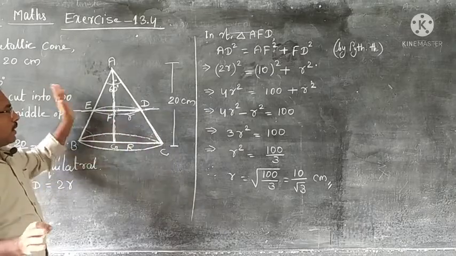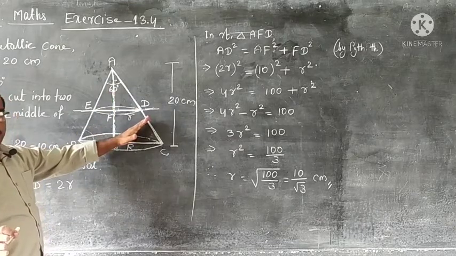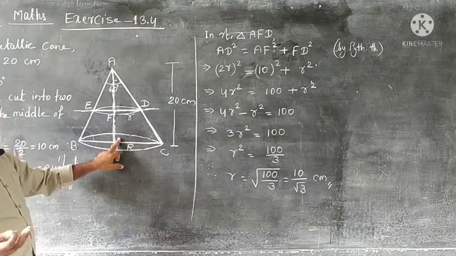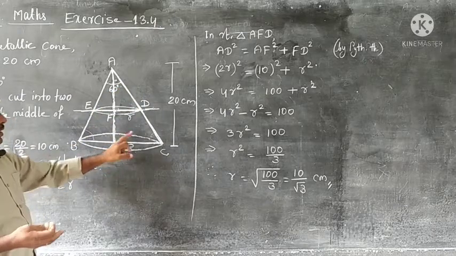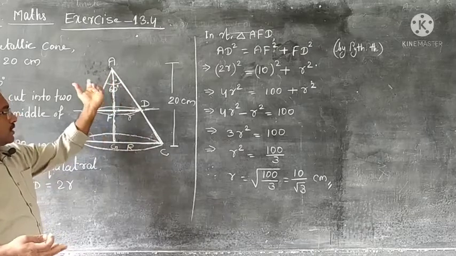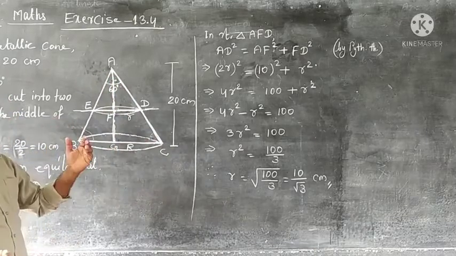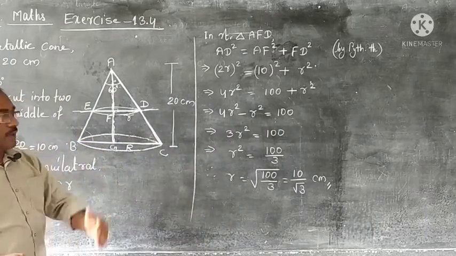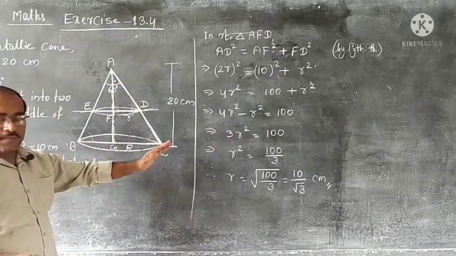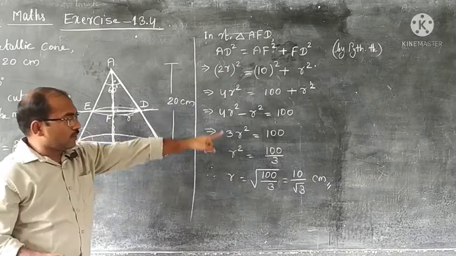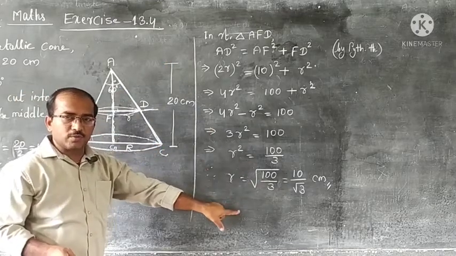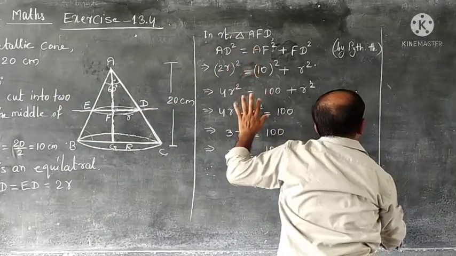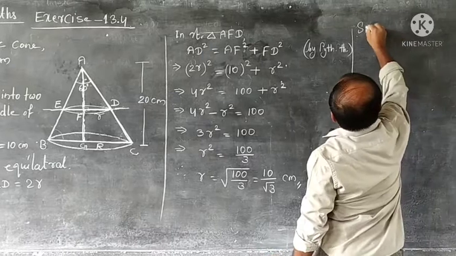Don't look at the full triangle, you see only half part of it. 60, this angle 30, 90 degree angle. So 90, 30, 120. The third angle is 60. So this full angle is 60, and the third one also will be 60. So no need to do all this work again. What shall we write? Similarly in triangle ABC, how we found all this, radius is equal to 10 by root 3. Working in triangle AFD, we will now work in the right triangle.